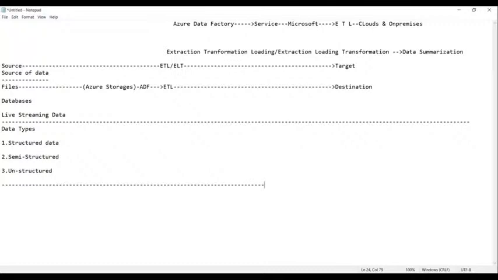Machine generated data. And we have banking applications. We get the data from banking applications, etc., and OLTP sensors. These are the various businesses from where we get the data ultimately. That data we pick up by using the Azure storages, and we store it. Then the process of ETL starts by using ADF, that is extraction, transformation, and loading. Finally, it will be loaded into the target. So this is the thing we have. Clear, everyone?